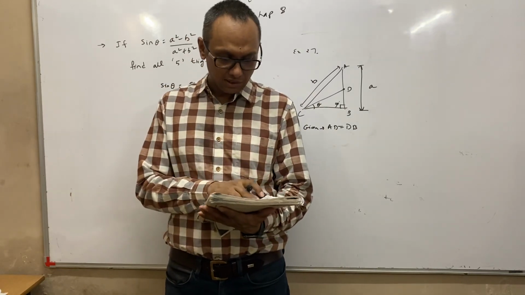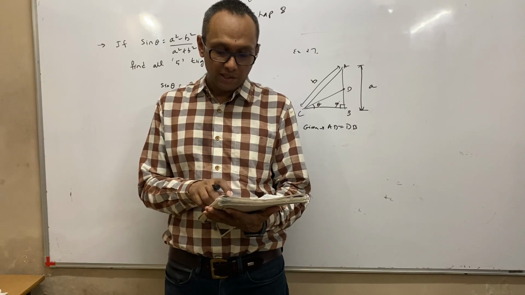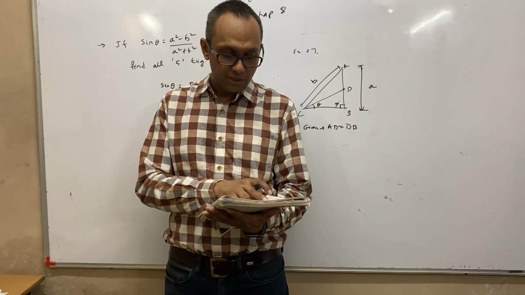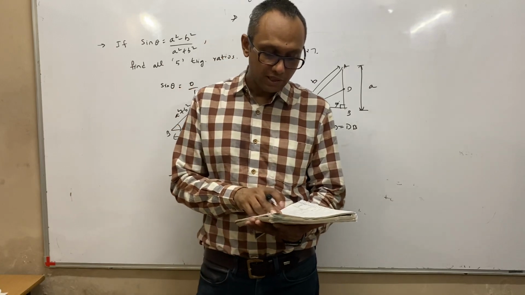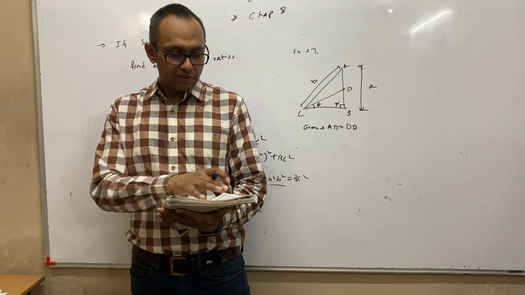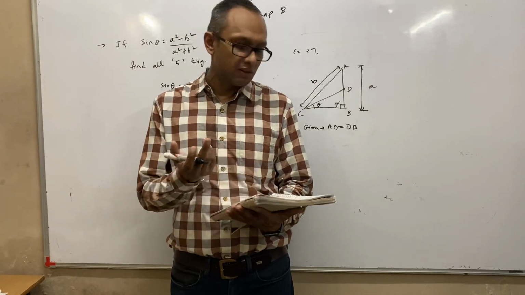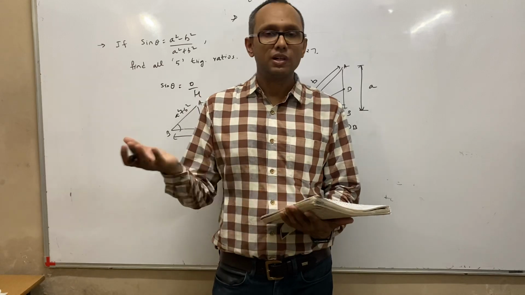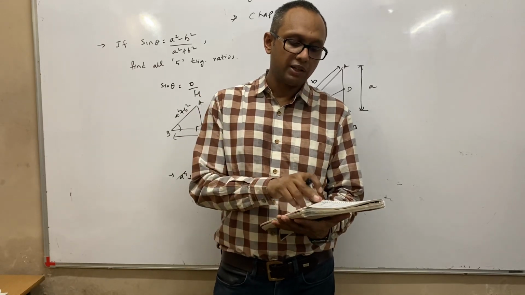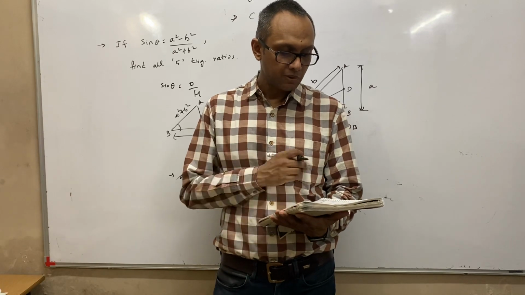Example 16 is, in triangle ABC, right angle at C, if tan A is equal to 1 by root 3, tan B is equal to root 3, show that sin A cos B plus cos A sin B is equal to 1. Now, just a second, we'll discuss these 3 questions. These are very simple. In the first, sin A is equal to 1 by 3. So you can calculate all the ratios, and then whatever ratios are required here, cos A, cosec A, tan A, sec A, you just have to substitute.